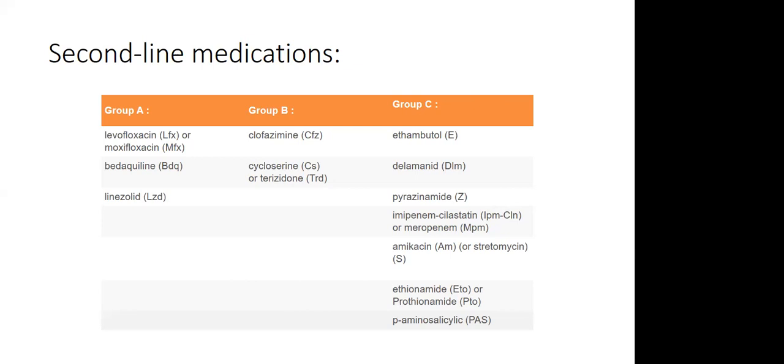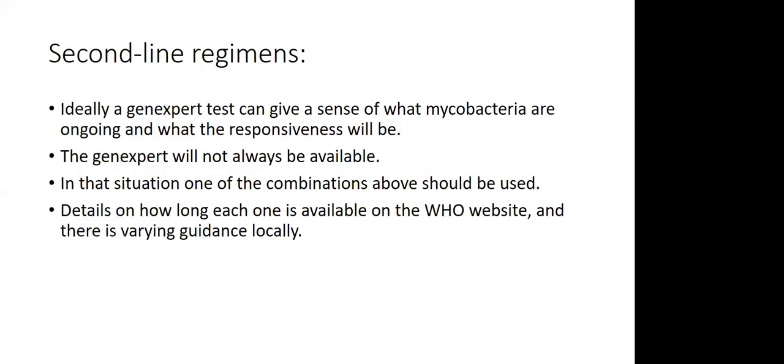Just to be aware, as you'll have noted from the first treatment, most patients are already starting on some group C medicines, usually ethambutol and pyrazinamide, and you may want to look at adding in something different if they've already had that. But the principle really is you want to try to keep them on a second-line regimen. You're looking at usually about a year to 18 months to completely eradicate the TB.